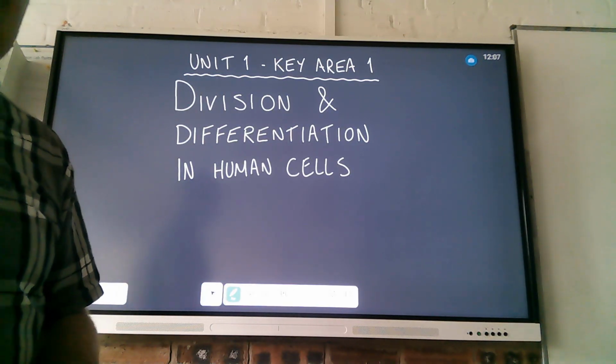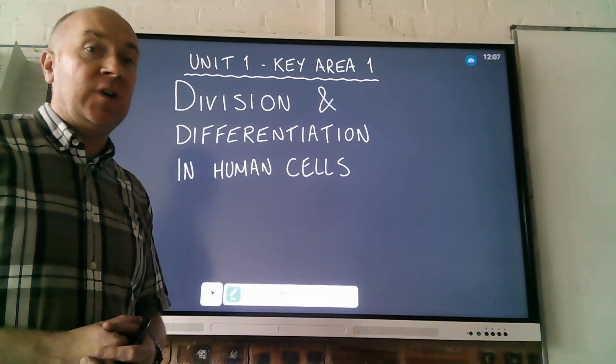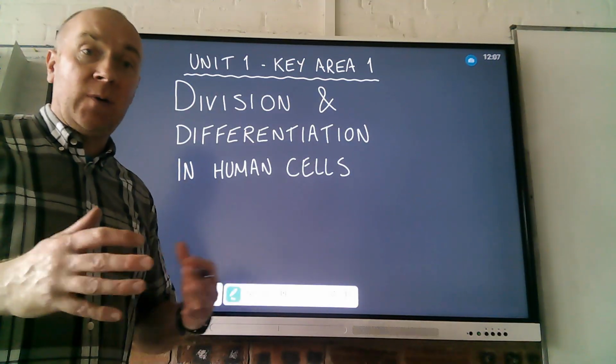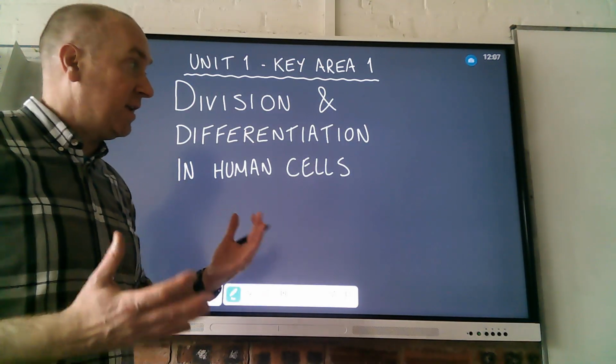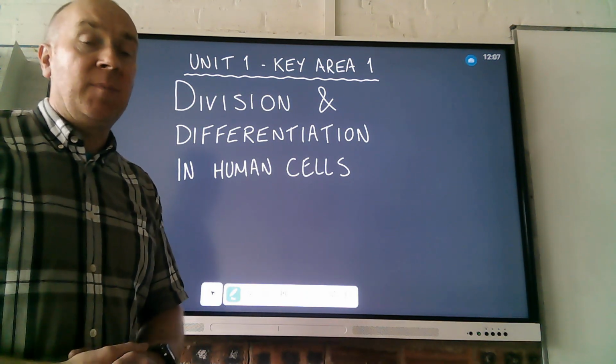I will talk you through the slides, and what I would like you to do, if you don't have these notes in your jotter, if perhaps you missed the class, is take these notes. So it will require a wee bit of pausing and rewinding and double checking that you've got these notes down. For me, this is all the information that you'll require to allow you to do the past paper questions and